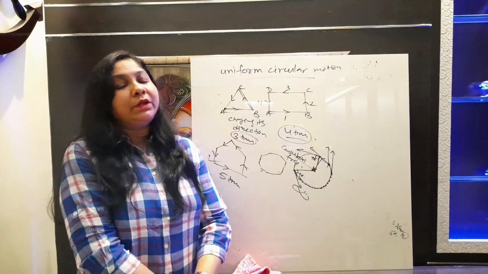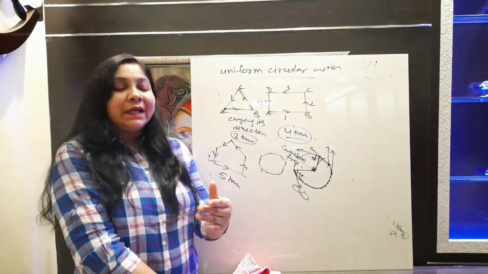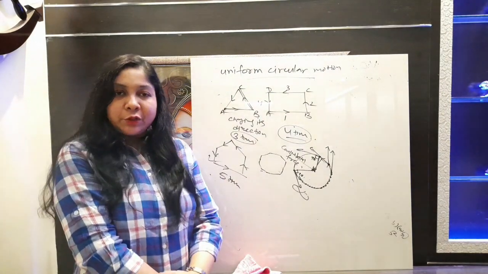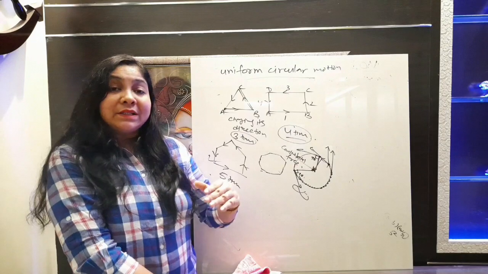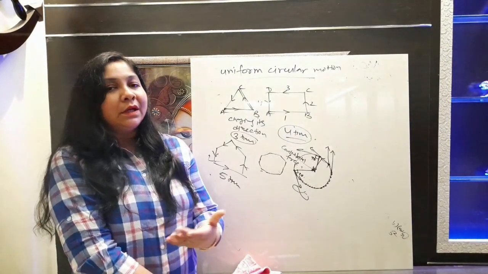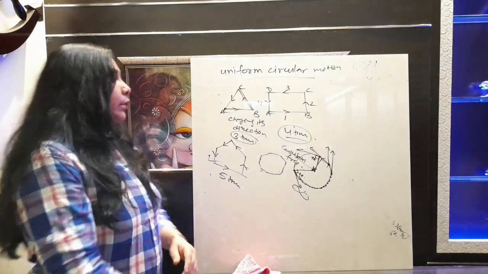When the body is in uniform motion, what do we say? If it covers equal distance in equal intervals of time, the body is said to be in uniform motion. If the body covers unequal distance in equal intervals of time, then we say it is in non-uniform motion, right? Okay, now